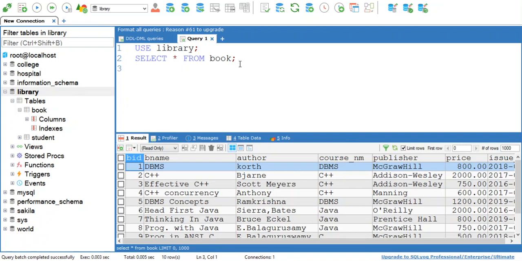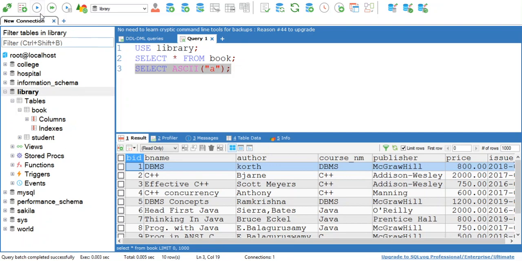So let's start with the string functions. The first string function is ASCII. This string function is used to display the ASCII value of a character. Okay, so how to execute this function? Write the query: select ASCII in brackets, write down the character for which you want to display the ASCII value. So here I have just written select ASCII in brackets a.